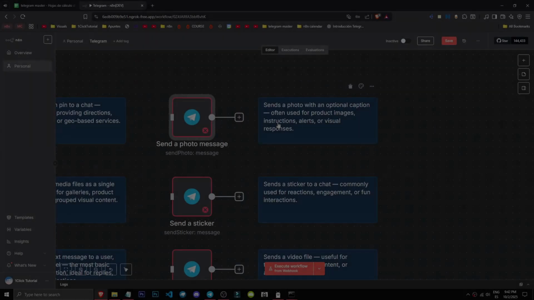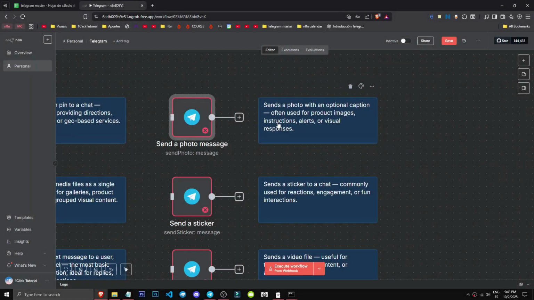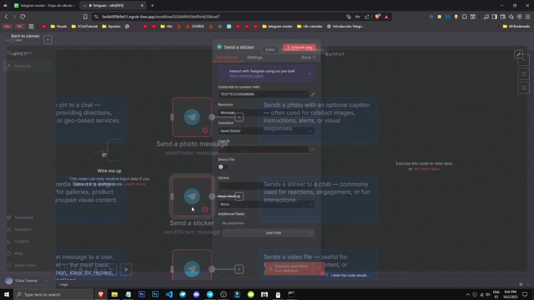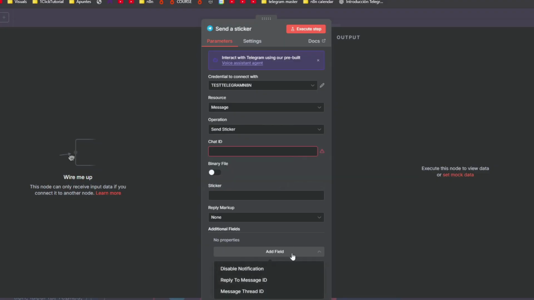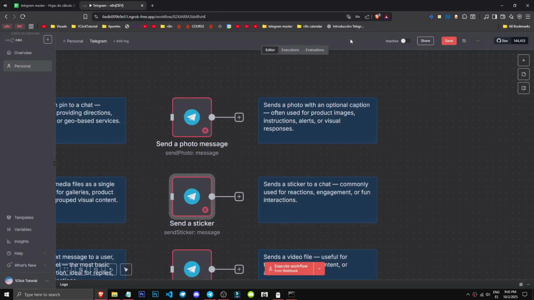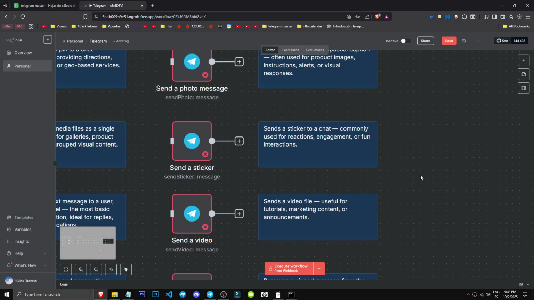It's that simple. How can you send stickers from your Telegram bot using n8n? Well, here we have it with this send a sticker action. Basically, it says send a sticker to a chat, commonly used for reactions, engagement, or fun interactions. If we select it, we have the chat ID, operations, message, and more, and we have the option to add the sticker via an HTTP URL, okay, or other options. We can add the option to disable notifications in the field section, as it might be a less important message, so there's no need to notify people, right? For example,